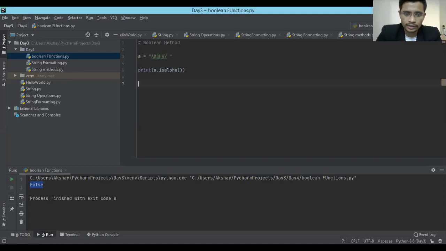And let's go and check the digit. Suppose I create another variable with the name b. See guys, there is one thing I wanted to tell you. I should have told you this on day one itself. Just for training purposes, I'm taking these a, b, and c kinds of variables for better understanding. So does isalpha help us check whether there are any white spaces or not? Yes, it will.